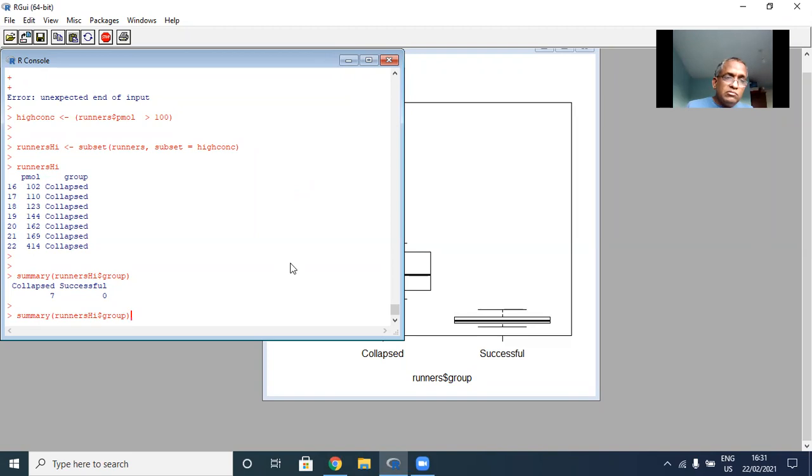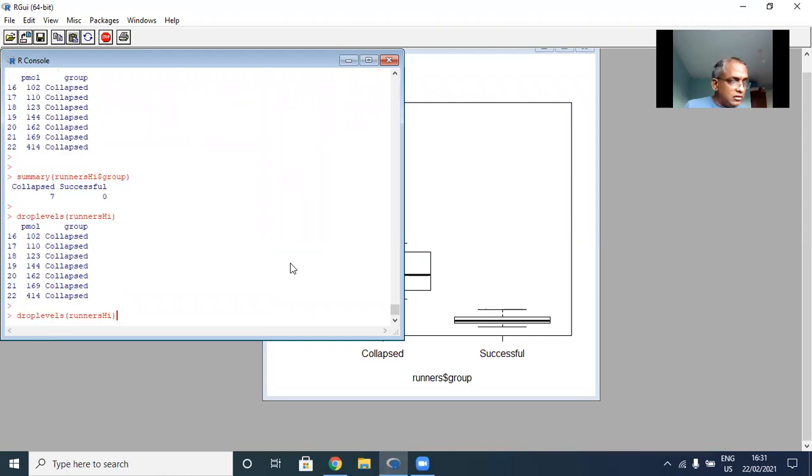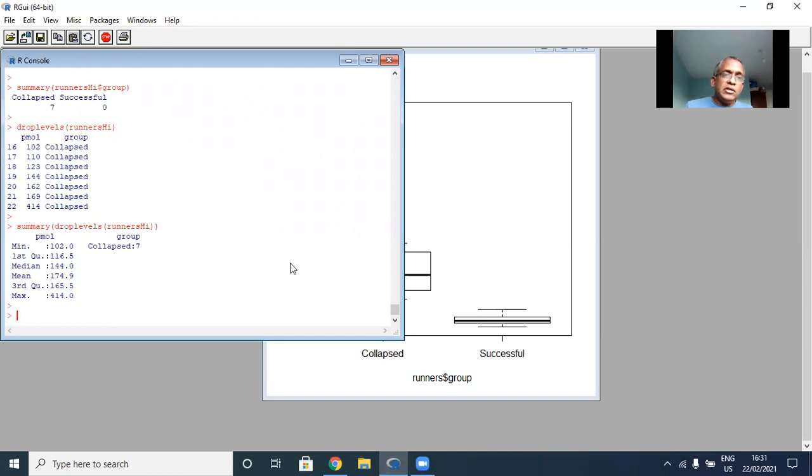Now, one way to drop the level is to use the command droplevels. So if you say droplevels, right? And then do a summary of the data after dropping the levels, you will get only